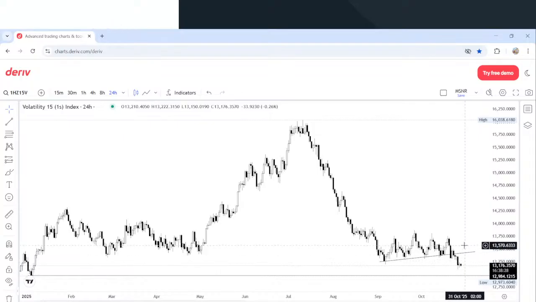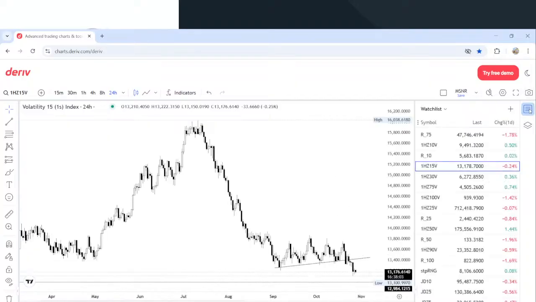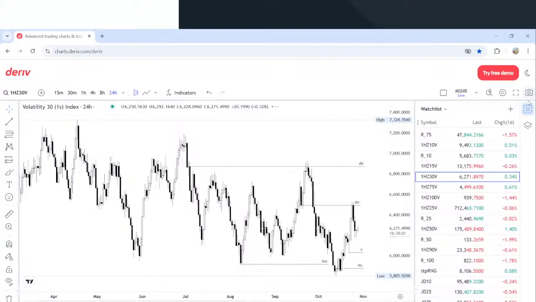Guys, with synthetic indices, you have to be very patient. You have to wait for the reaction on the higher time frame support. Usually the higher time frame supports are the ones which are stronger. So we're gonna wait for that support and see the market reaction. Yeah, all right, and then we go to